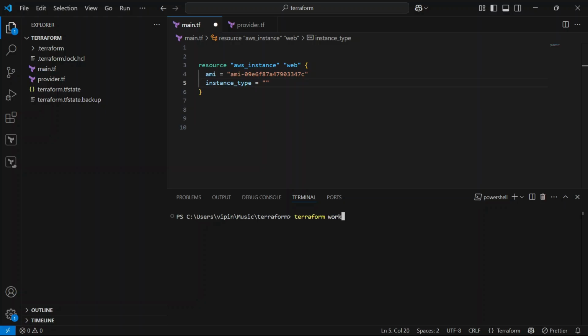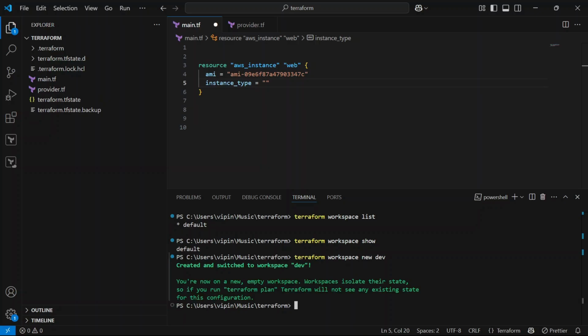Terraform workspace list: if we run this command, it will list all the workspaces that are available. And if we run terraform workspace show, that will show you which workspace you are currently on. For creating a new workspace, we want to create workspaces like dev and prod, right? So we have to use terraform workspace new dev.